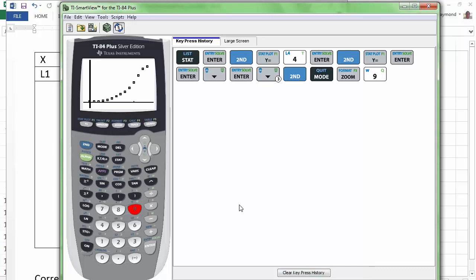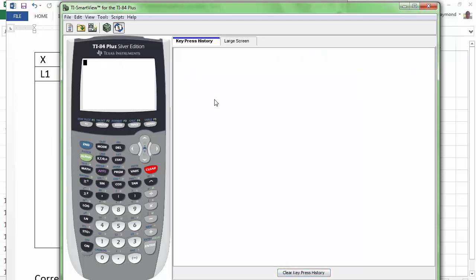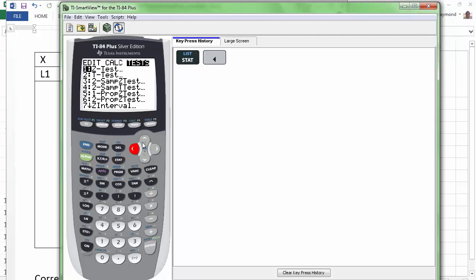So let's clear this out, and let me clear the history again so you can follow the keystrokes. To find the correlation coefficient, what we want to do is we want to go to Stat, and we want to go to Tests, and I'm going to scroll up to find linreg t-test a little bit quicker than scrolling down. Let's select linreg t-test,